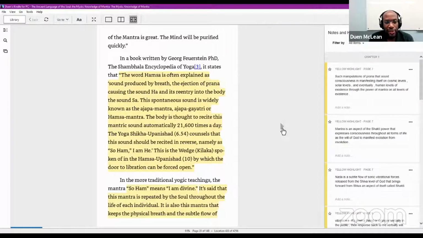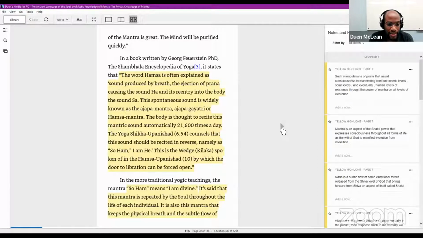In a book written by George Feuerstein, PhD, the Shambhala Encyclopedia of Yoga, it states that the word Hamsa is often explained as sound produced by breath, the ejection of prana causing the sound Ha, and its re-entry into the body, the sound Sa. This spontaneous sound is widely known as the Ajapa mantra, Ajapa Gayatri, or Hamsa mantra. The body is thought to recite this mantric sound automatically